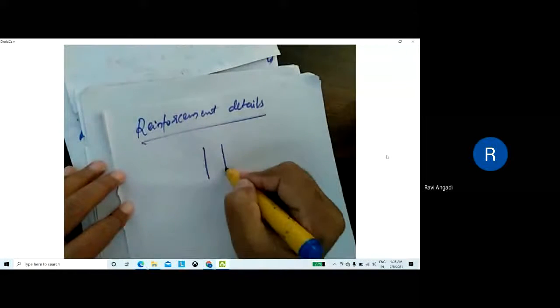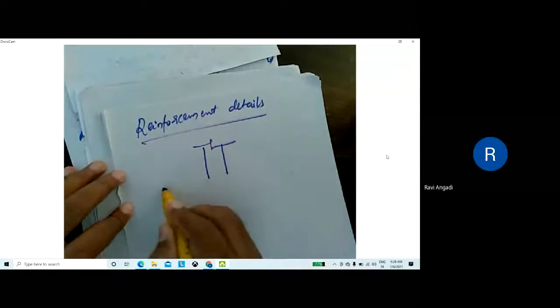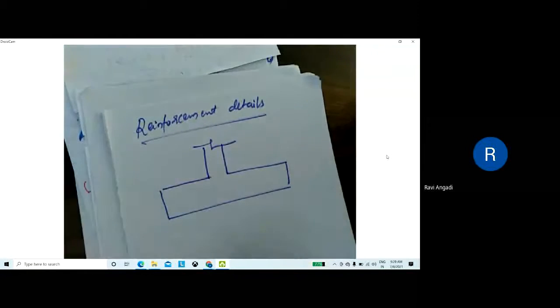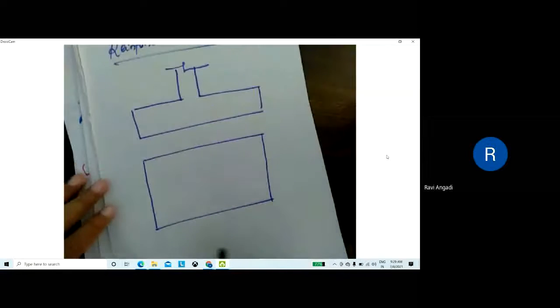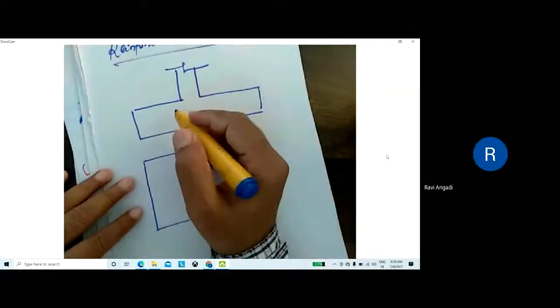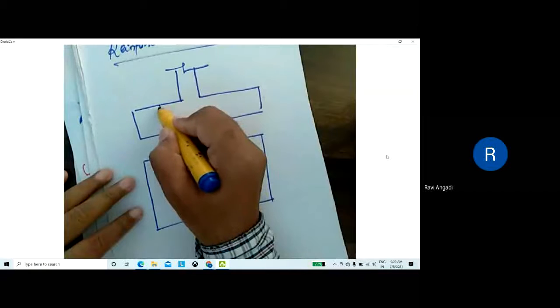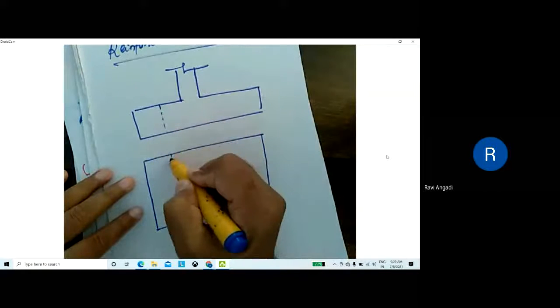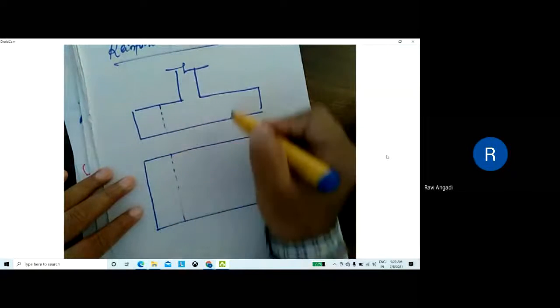So draw the column, and also the footing. Then you divide this one into 3 bands. We have divided into 3 bands, 3 parts.